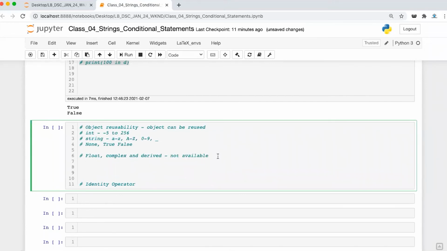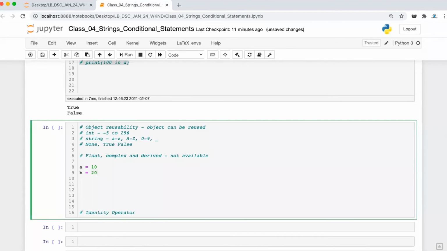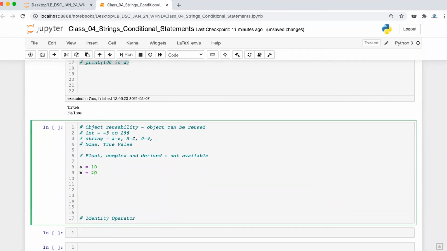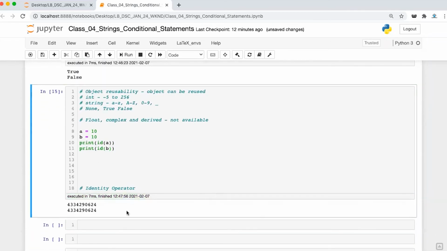Fine. Now what is this object reusability concept? For example, if I take two numbers, A is equal to 10, B is equal to 10. Now, if I check print ID of A and ID of B, the address will remain the same, 0624 0624.